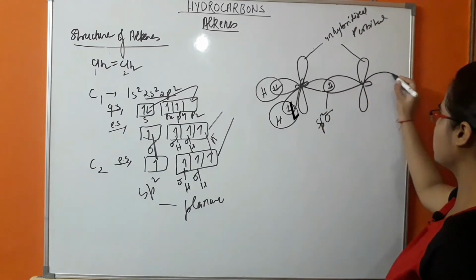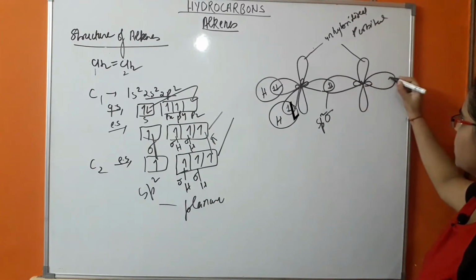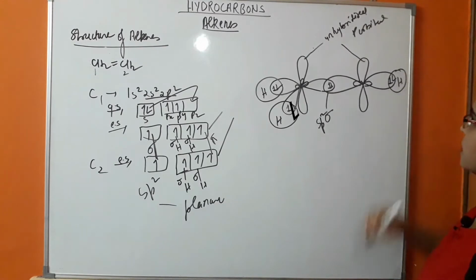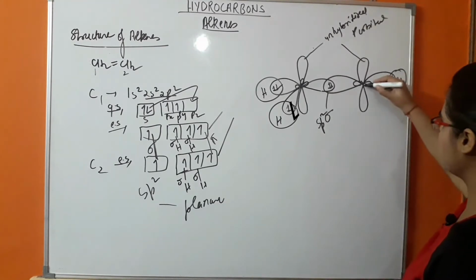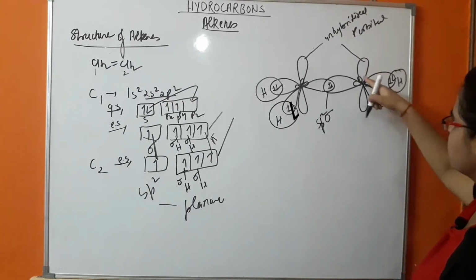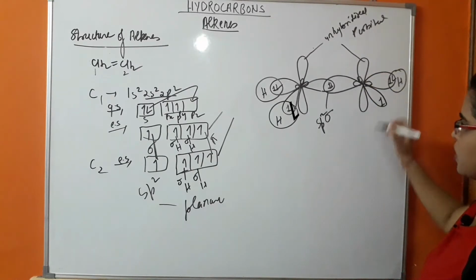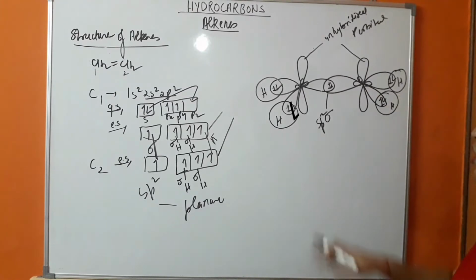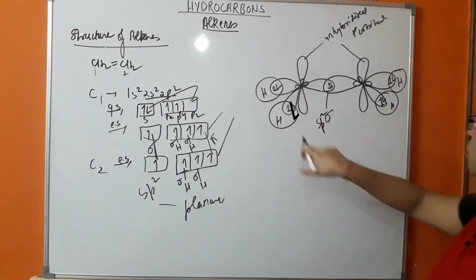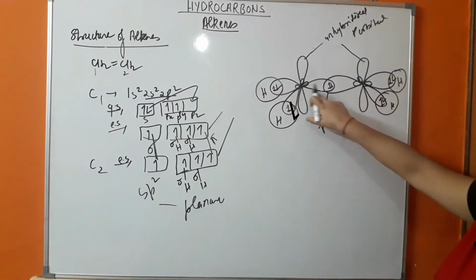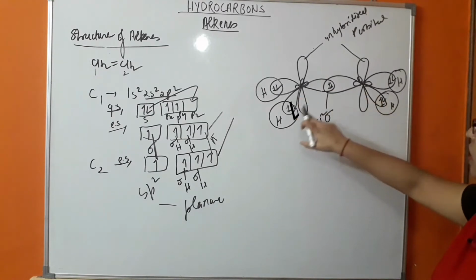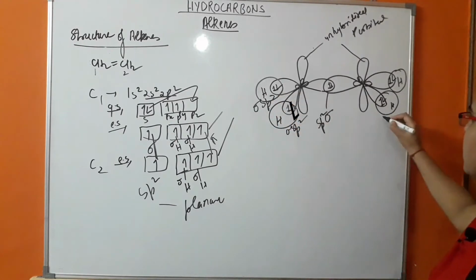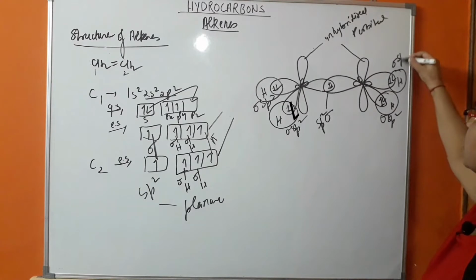Similarly with the second carbon, this is one p orbital of this carbon which is bonded with the hydrogen. So there is actual overlapping taking place. Similarly, one more p orbital of this carbon, okay, in which there is one odd electron which is bonded with the hydrogen by actual overlapping. So the actual overlapping is in the case of these 2 hydrogens and in the case of carbon-carbon. Okay, so this is sigma sp2 bond, sigma sp2 bond, sigma sp2 bond.